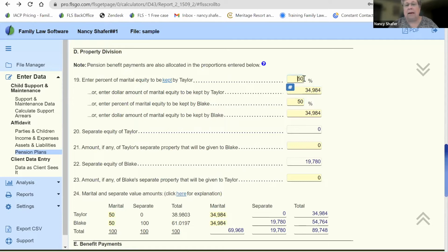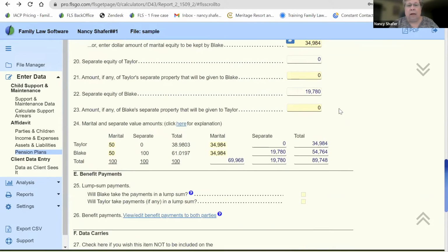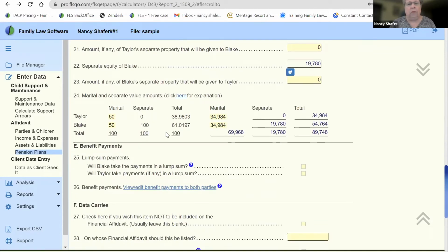So the program automatically put in the 50% for the first party and then automatically put in the second party's 50% and divided the dollar amount. And then Blake has some separate equity that we saw. That's the other 23% of the 100% value. And now it will also show you what each party is getting at that 50-50 in terms of the